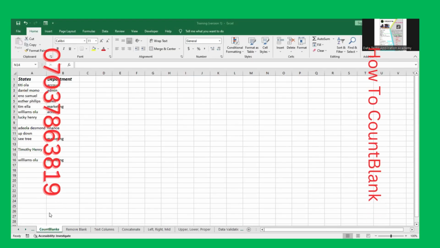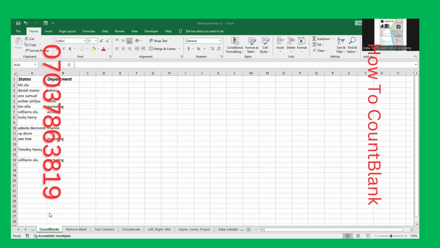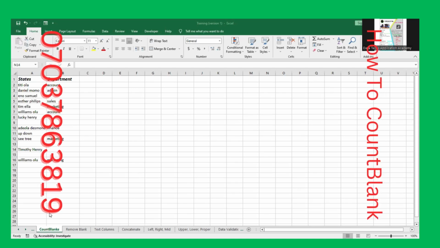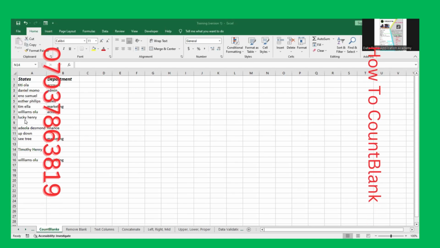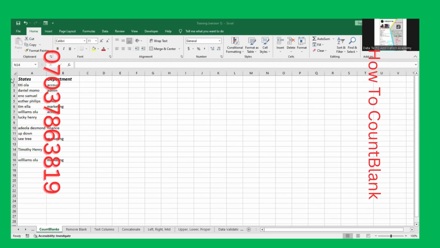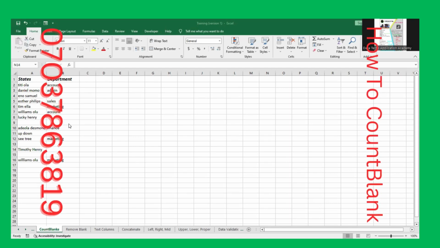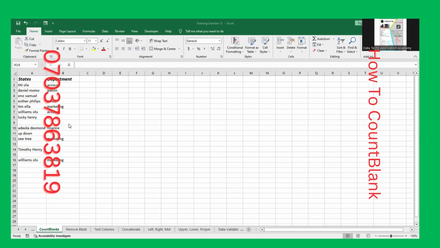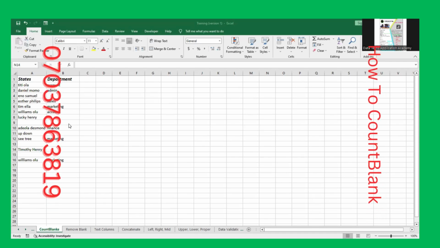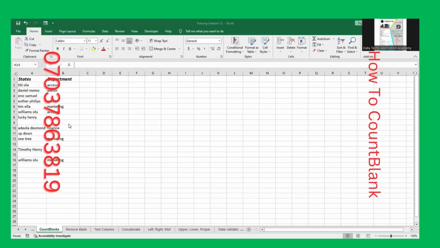Hello everyone. Today I'll be showing you how you can count blank or empty cells within your data table. Now, as you can see within this data table, we have empty cells or blanks in this table. Sometimes you might have a larger data table compared to this. So for you to be able to count the blanks you have in your data table, you use the COUNTBLANK